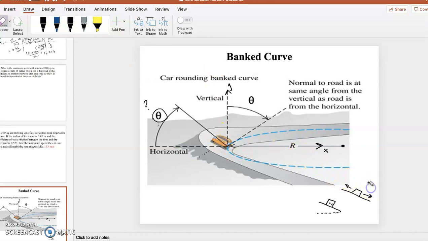Here, okay, between the inclined plane and the banked curve. If you remember, in the inclined plane problem where the movement is either up or down, this was our x-axis and this was our y-axis, if you recall. All right, this is the inclined plane